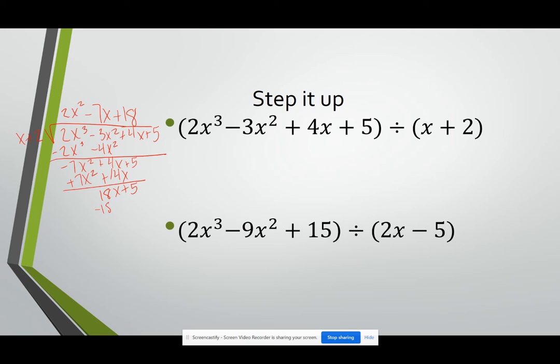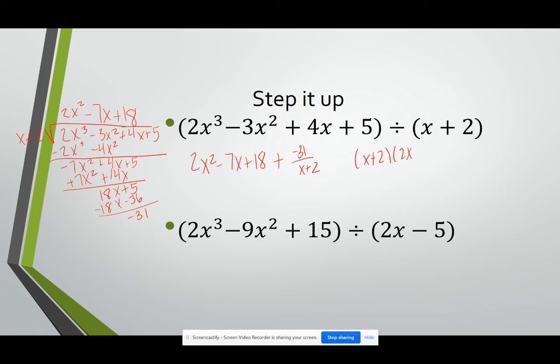So this would be minus 18x. This would give me minus 36. So we have a remainder of negative 31. So I would write this as 2x squared minus 7x plus 18 plus negative 31 over x plus 2. And I can check because that seems a little bit weird. X plus